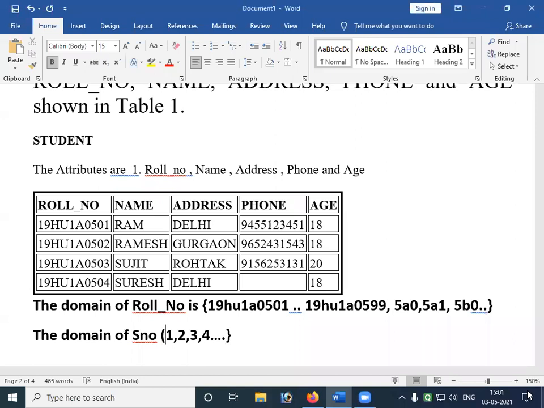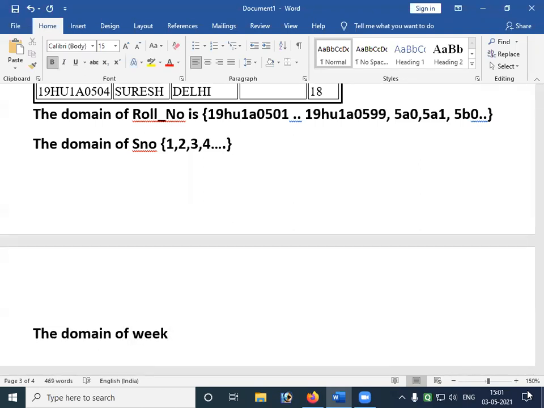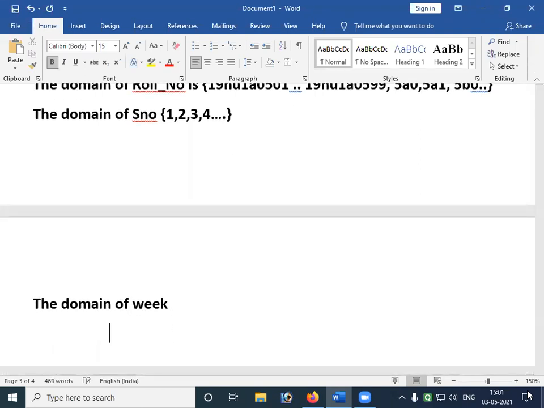You can also think of the domain of week. What do you mean by domain of week?